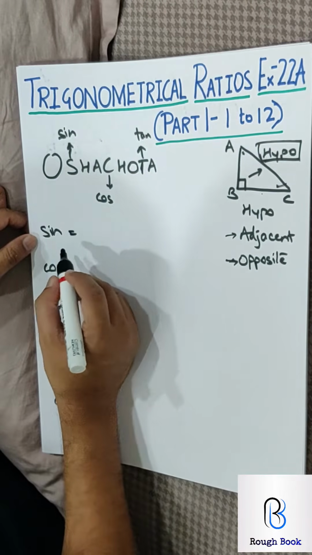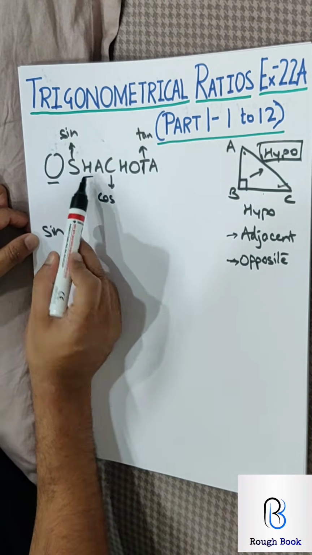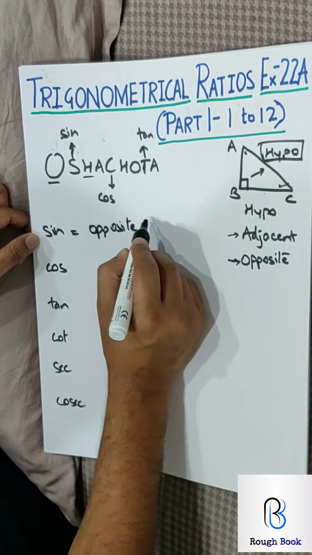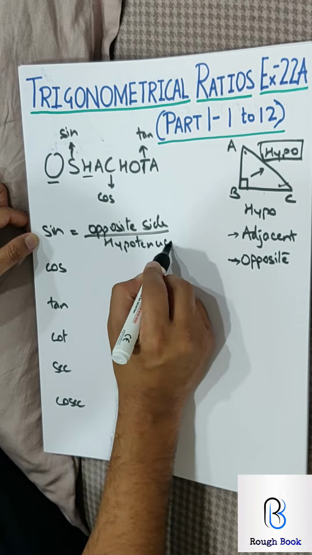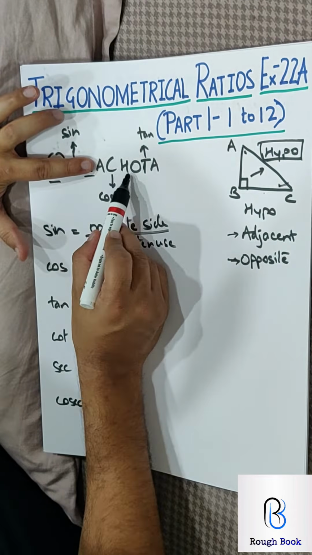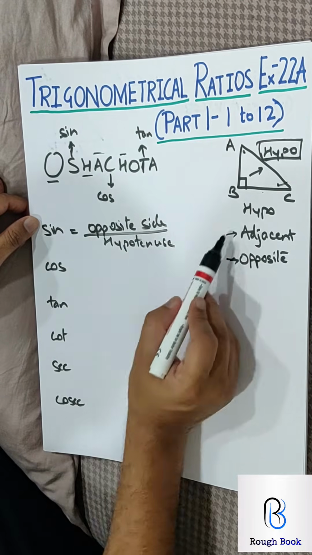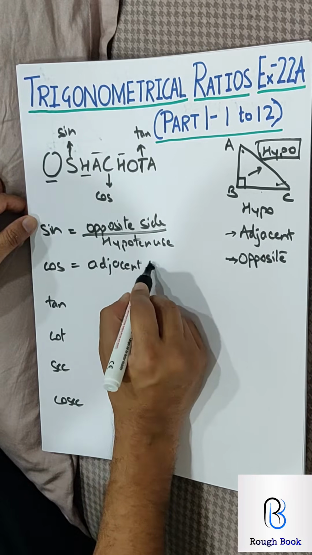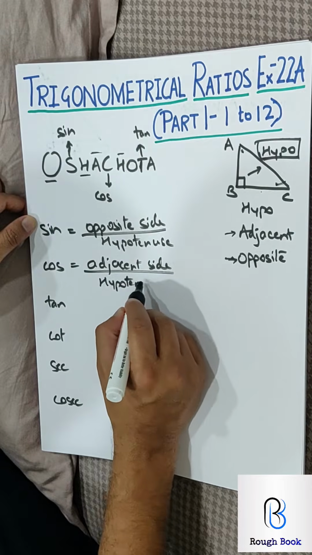Now what is sine? Sine is opposite upon hypotenuse. Can you see the one before and the one after in the word Osha Chota? So opposite side upon hypotenuse. Then what is your cos? These 3 we finished. Now we come to these 3. So C is cos, A and H. What will be A? Come on, use your common sense. Yeah, adjacent side upon H, hypotenuse. Superb.